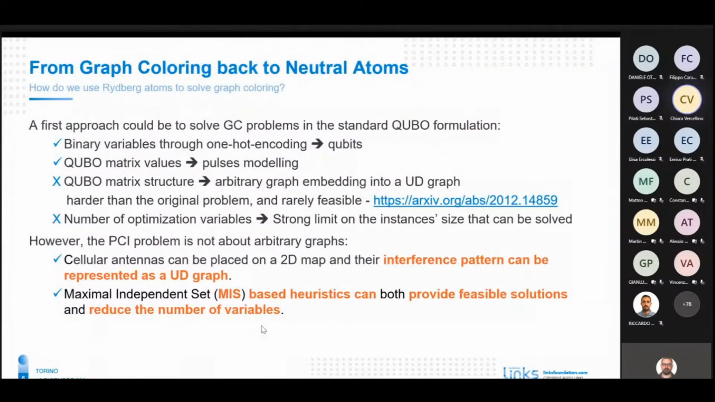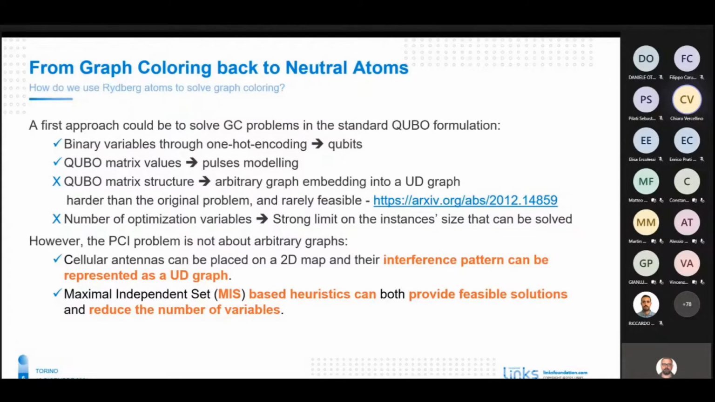These graph coloring problems in general could be formalized through QUBO formulation, so we could exploit binary variables through one-hot encodings and represent them as qubits. If a color was assigned to a node in a graph, that is our antennas, so if a PCI is assigned to an antenna, we have the corresponding qubit, which is in stage 1. This could also be done as the QUBO matrix values correspond to feasible configurations of pulse modeling, but